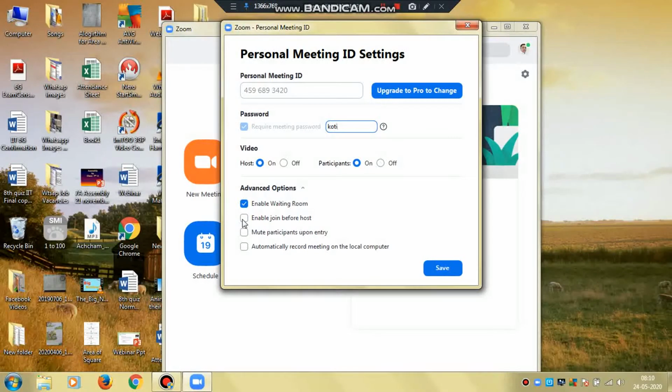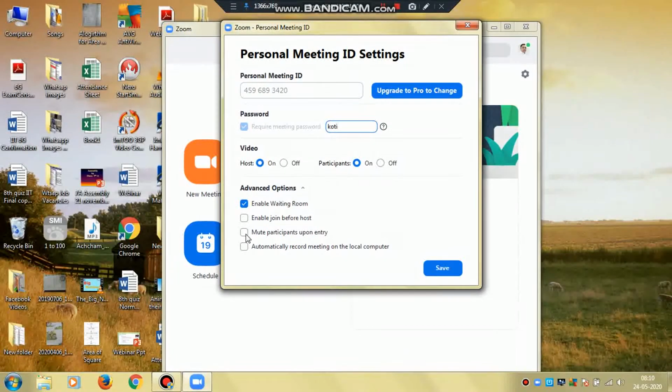Until and unless the host has started the meeting, we are not going to allow any students to join the class. So we don't want to enable this option. If you enable it, students can join the class before the host starts the meeting. So we are not going to allow them to join the class before the host starts it.